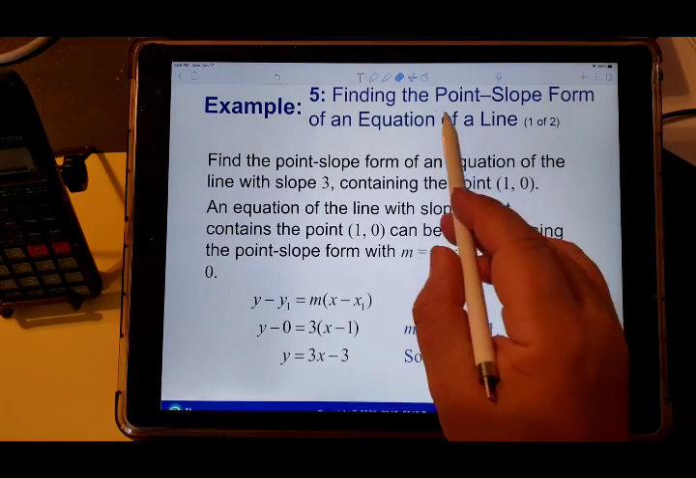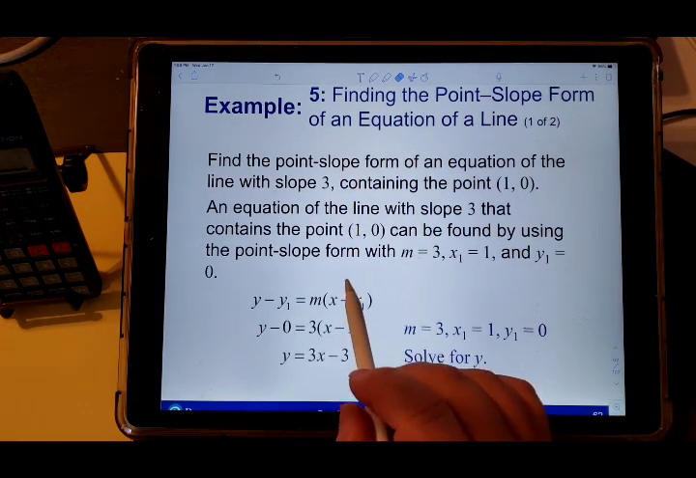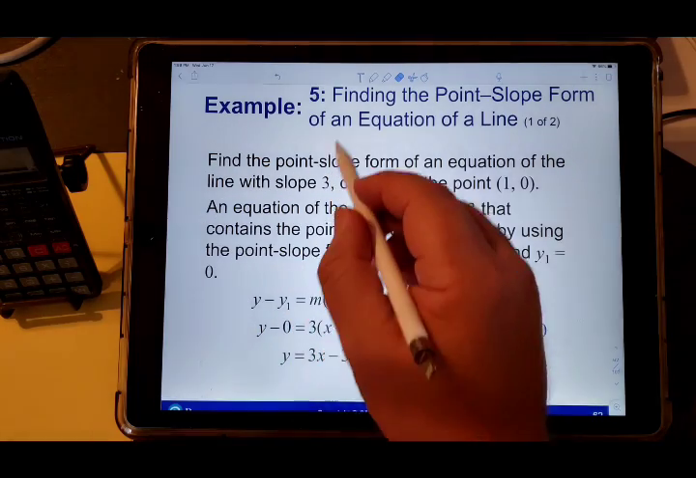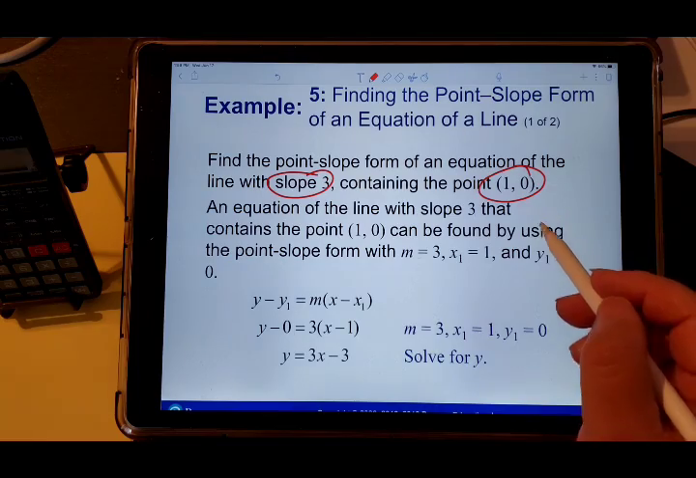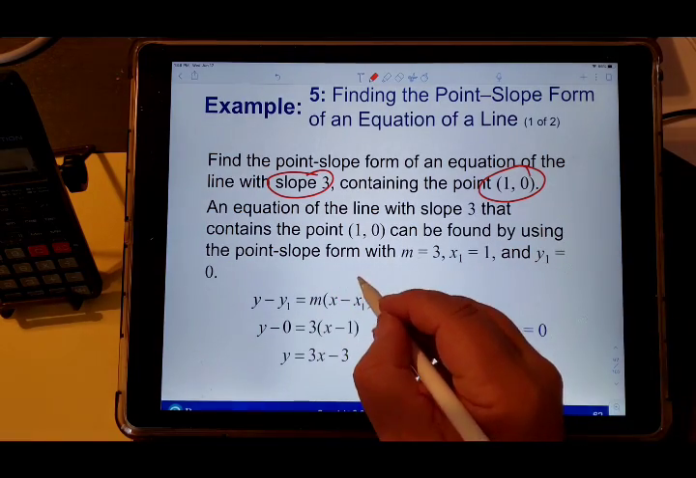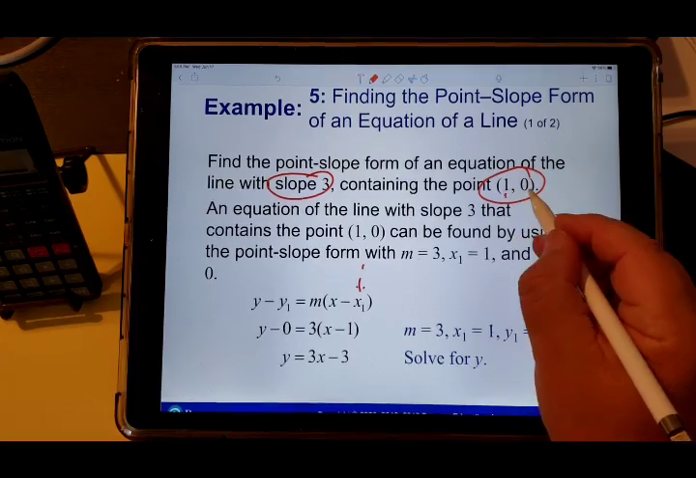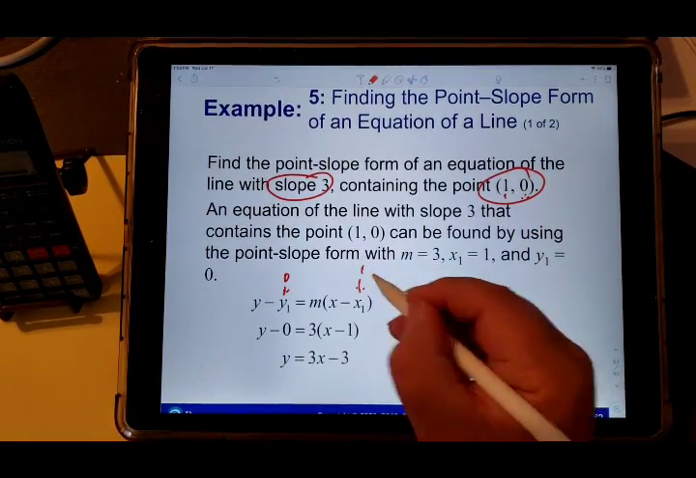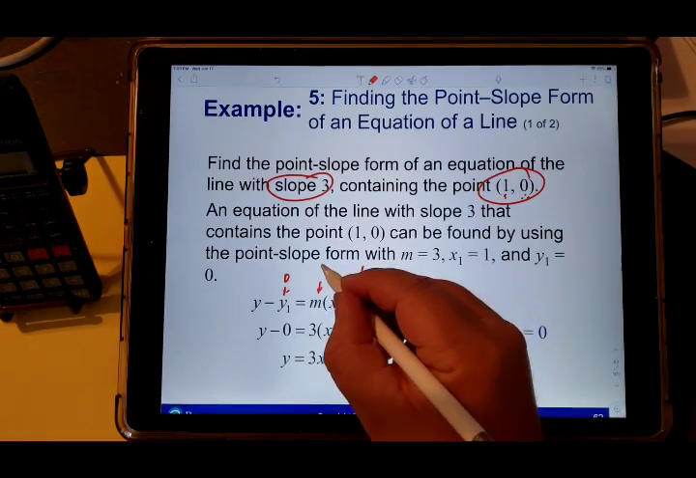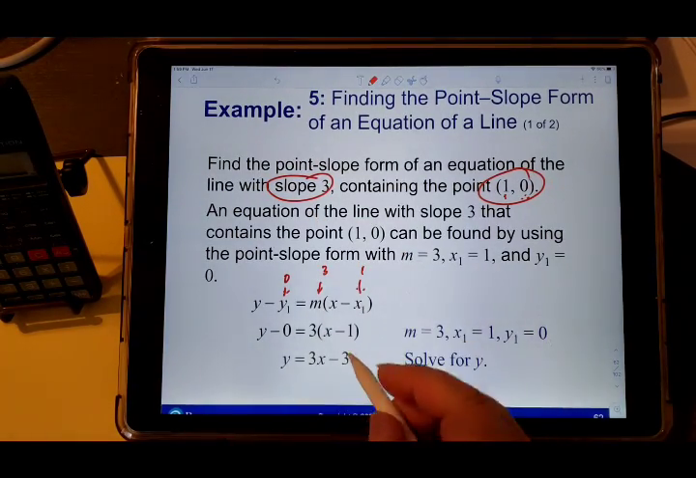All right, so that's exactly what they're asking us to do. Find the point slope form of an equation of a line. What do they give us? They give us the slope and they give us the point. So I'm going to substitute 1 for x1, I'm going to substitute 0 for y1, and for the slope, I'm going to substitute a 3. So if you do all those substitutions,